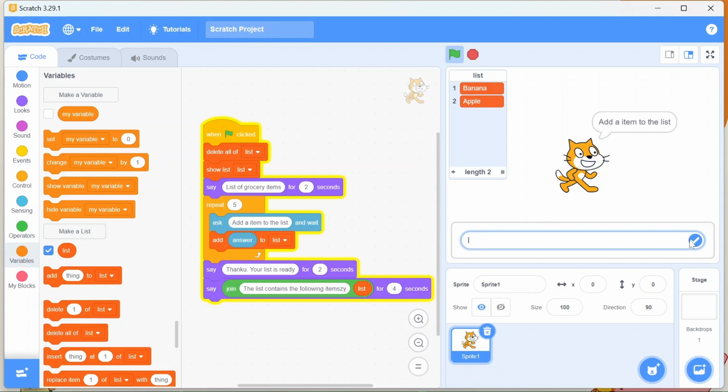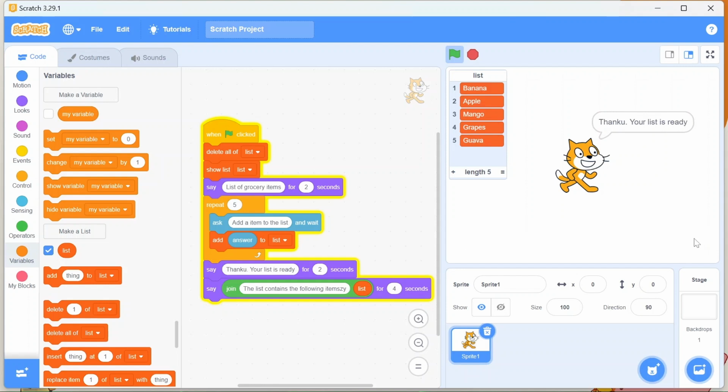We have different fruits. Then the next one, what can it be? We can just add watermelon, right? No, mango. It's the season of summers, right? And you all would have loved mango. Then comes our grapes. Any other fruit you like, we can add on. And later on guava, right? So this is our list. Now we just have to go to the grocery and buy these. So the list contains the following items.